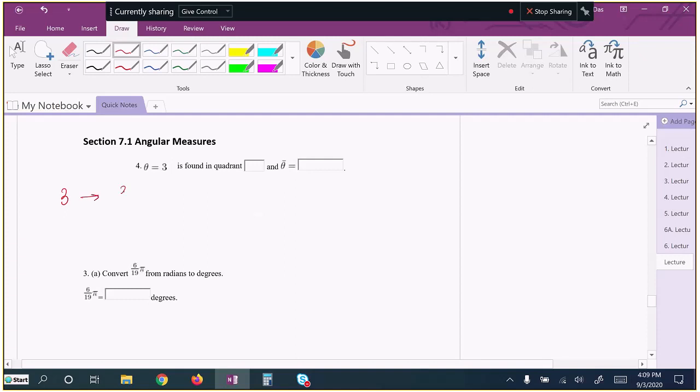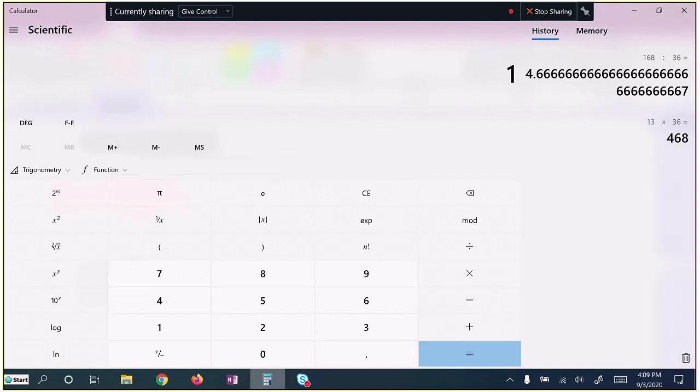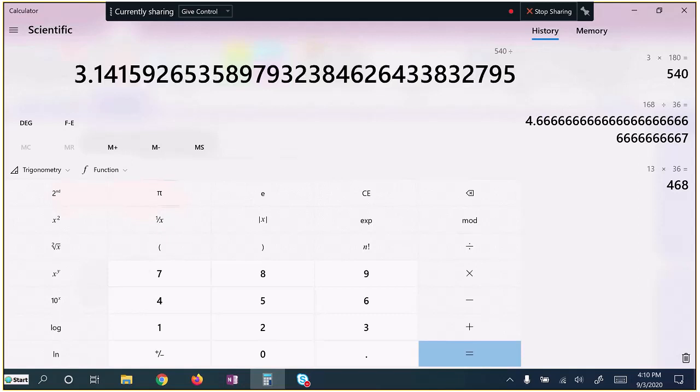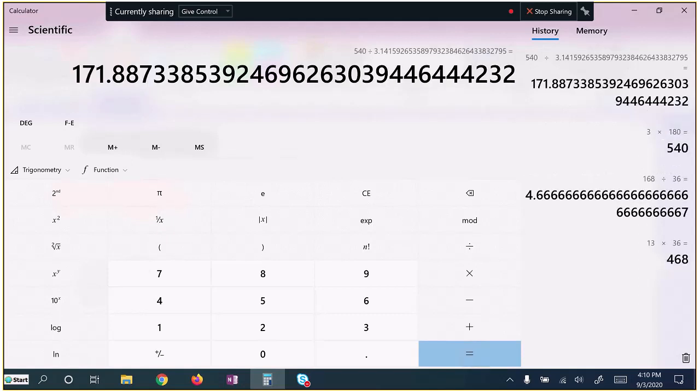3 radians, if I change it to degrees, it is 3 times 180 degrees over pi. So this will be easier to calculate in our calculator. Let's go there. So I will do 3 times 180, and then I will divide it by pi. So the value is